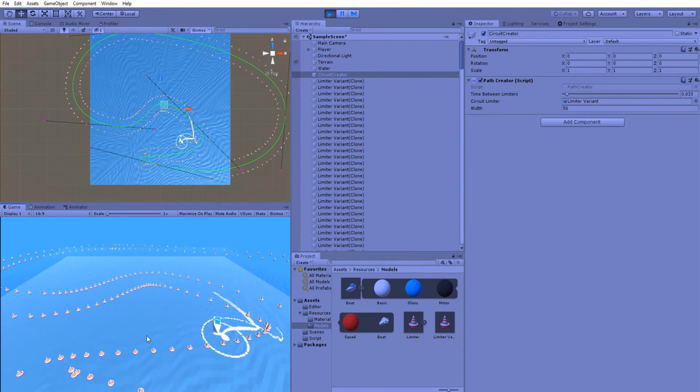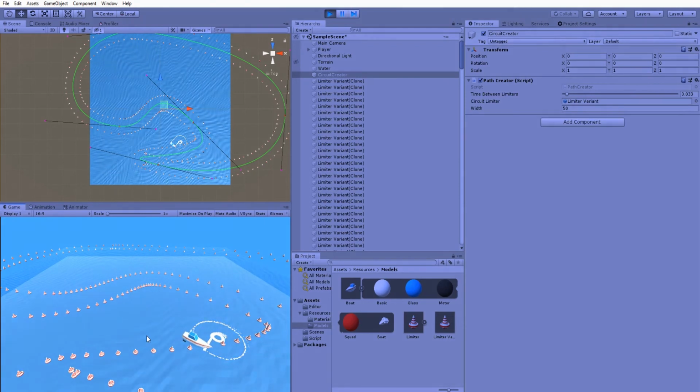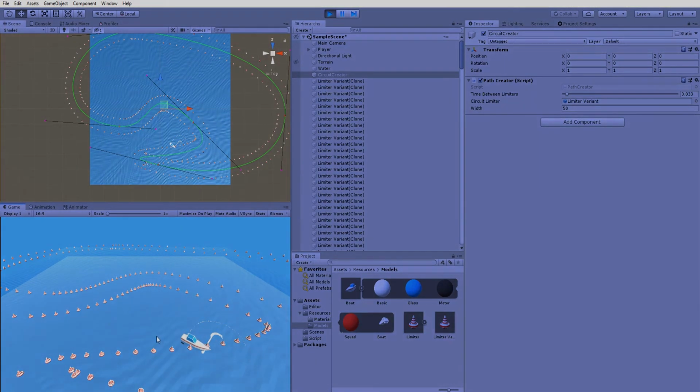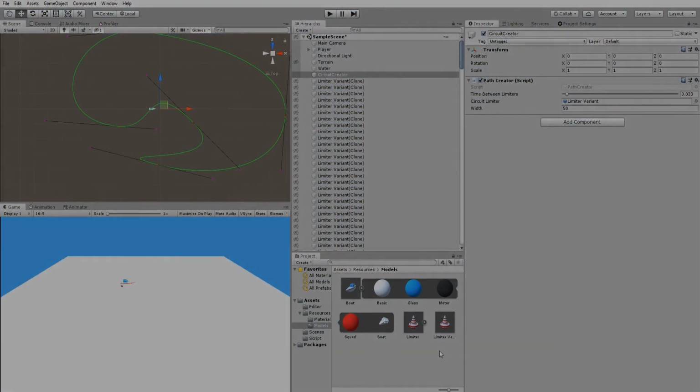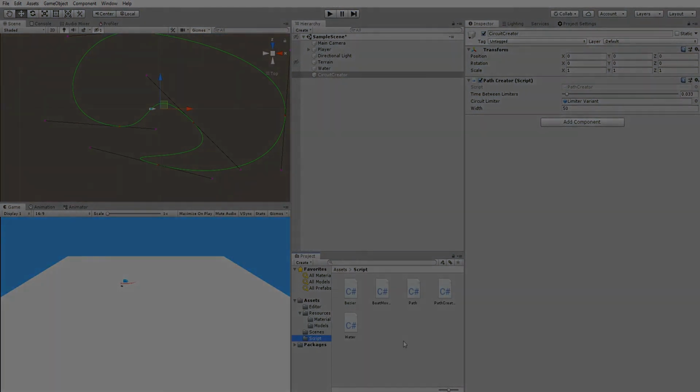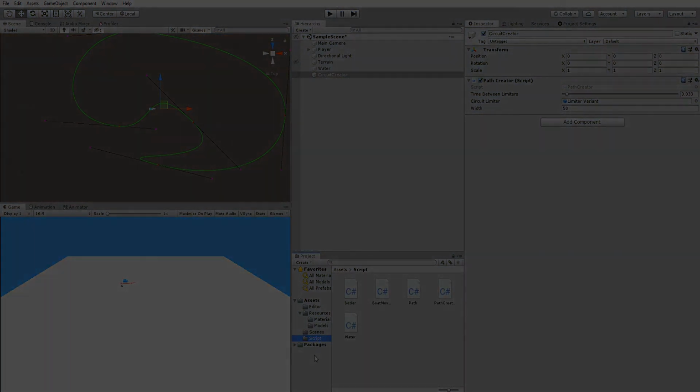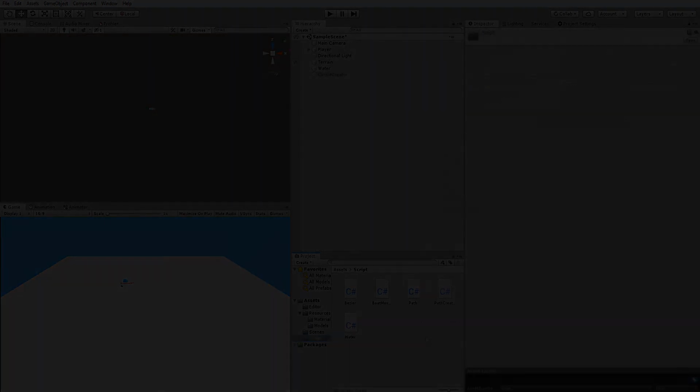There's a problem. I passed through the circuit limiter and I don't like this. So the last two things to do are to make these floats and to keep their position when they are moved. Applying a rigid body to them will move